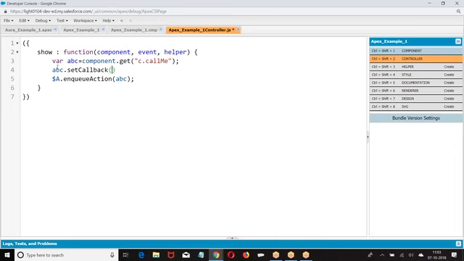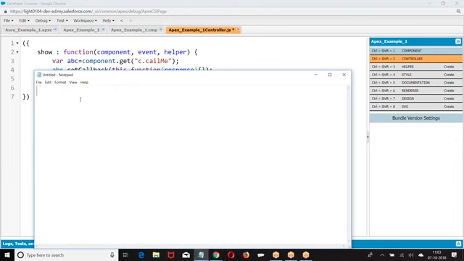When you say setCallback, this comma, this particular component, comma, function, then I am going to give response. I'll explain once again. setCallback, C capital, B small, this comma, function.